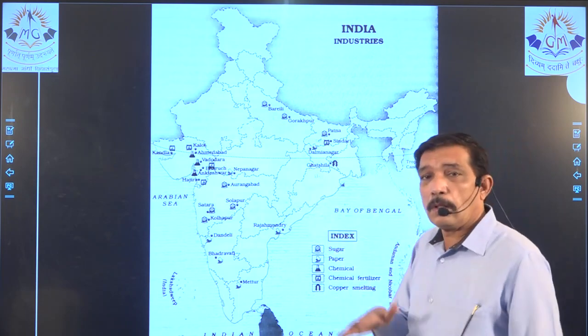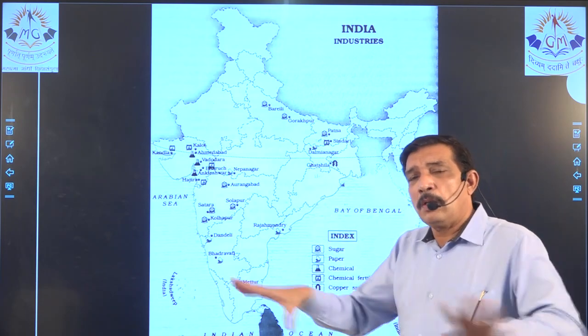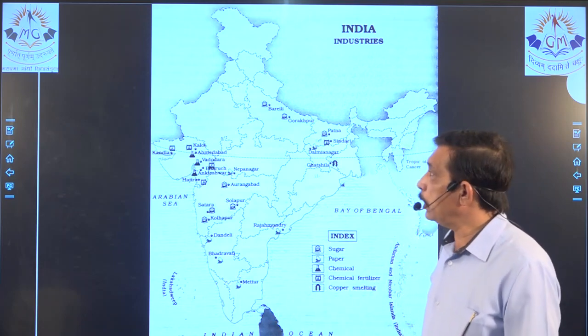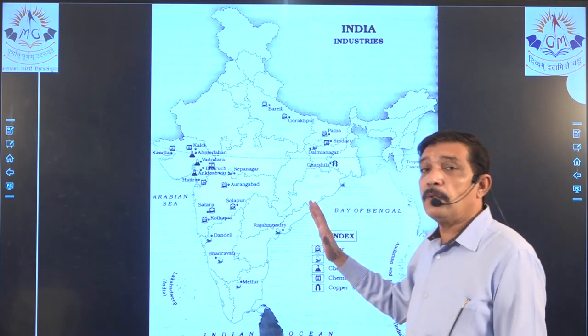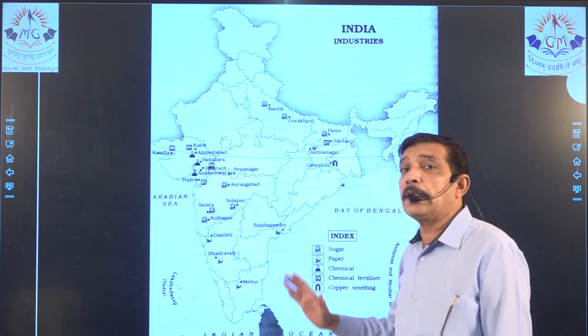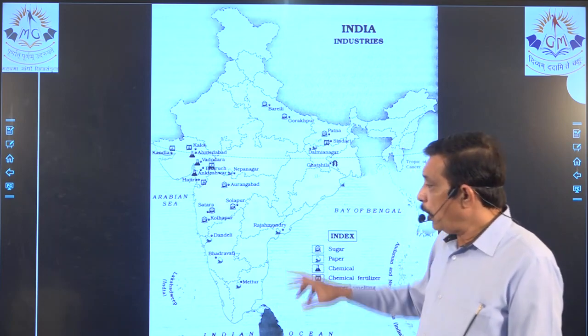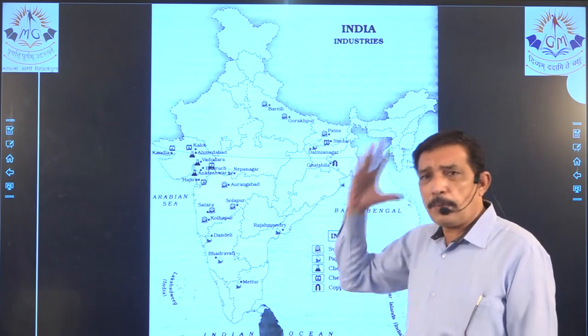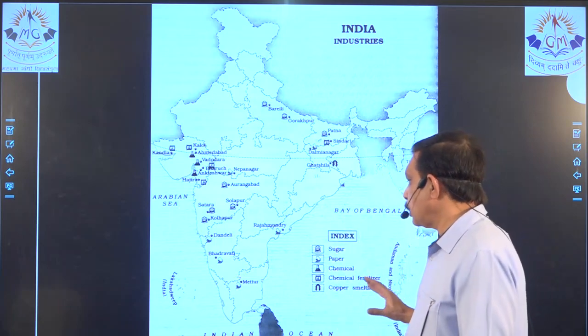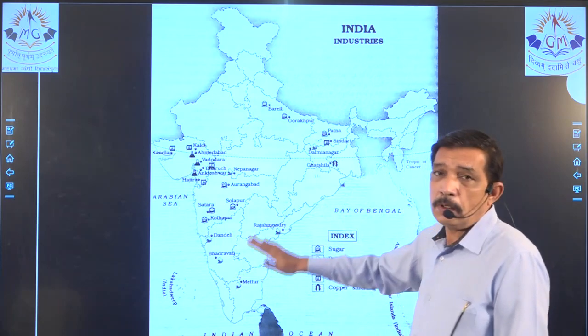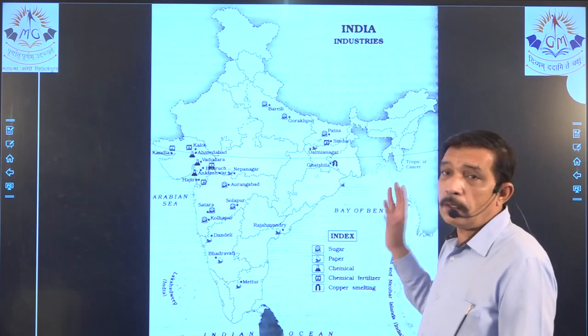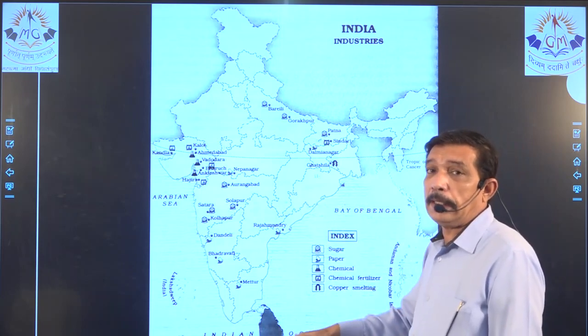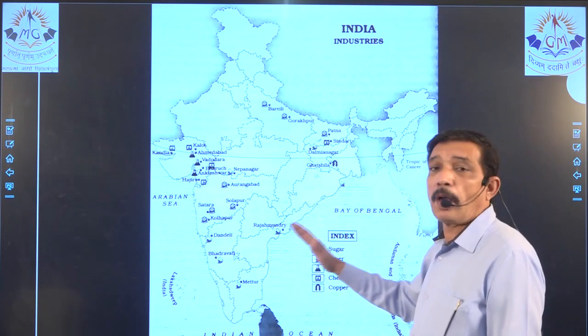MP, you know, the deciduous forest, they are very sparsely populated trees, right? So where will you find lots and lots of trees? In the rainforest in the south. So please mark this, keep it in mind that if I am asked paper industry, then I will go for the south of India. So when you are doing other marking, see that you keep the south clean, so that you can mark paper over there.